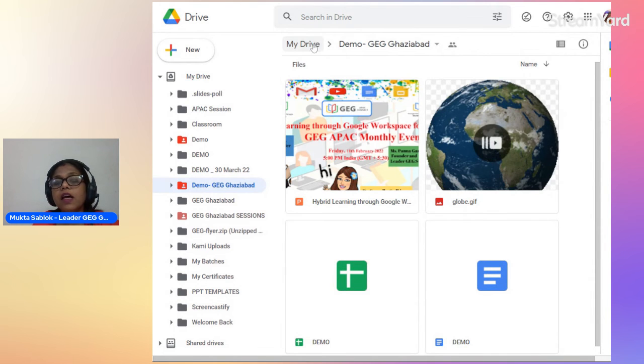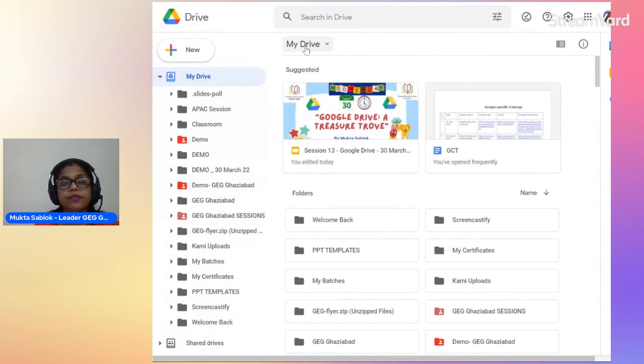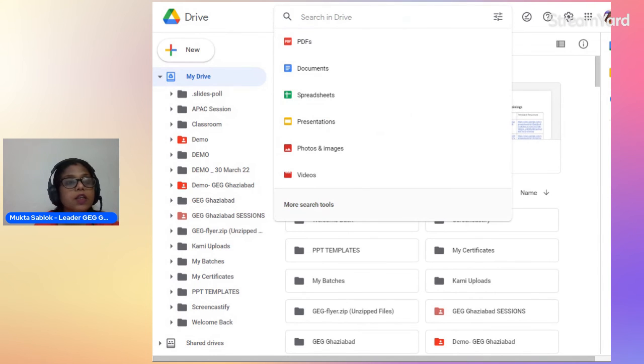I'll go to my drive. This is the search box. I just clicked over it, not typed anything. These are different types which we can just select.